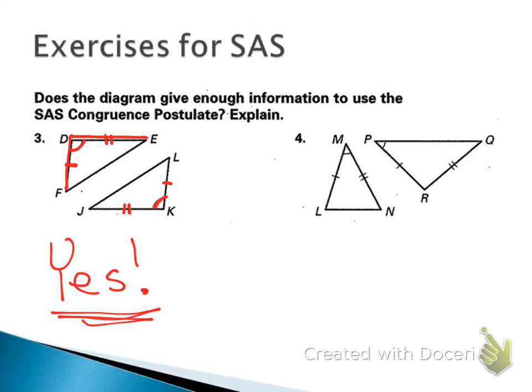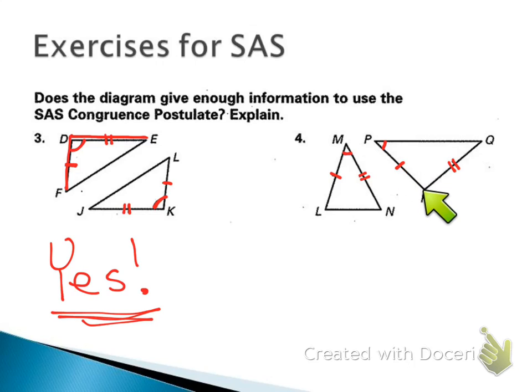All right, let's look at number 4. So LM is going to match with PR, right? And then I know angle M and angle P. And then it looks like these sides match up too, right? Everyone agree? Let's see what we know. So we know side, angle, side matches up with